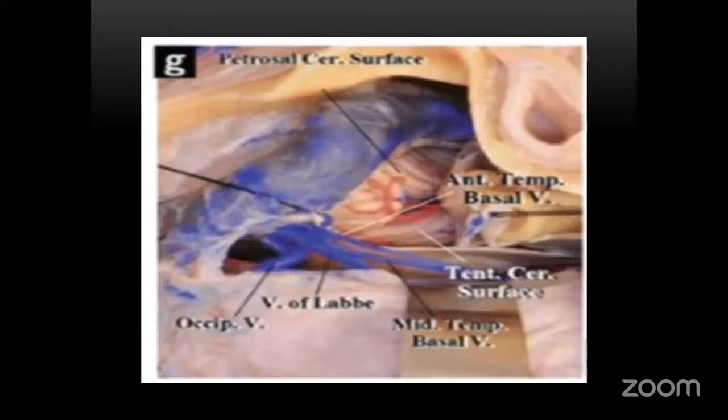So this is the temporal part of this one, and this is the posterior cranial fossa. Our concern is the posterior cranial fossa. If we are going through this one, this is the cerebellum. This is the petrosal surface of the cerebellum. Again, this is the anterior cerebellar surface superiorly towards the tent. Both these surfaces will be visualized at the level of